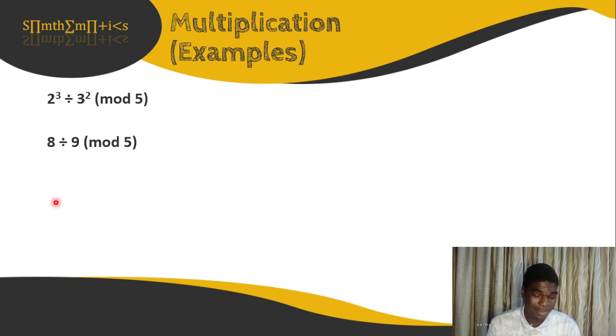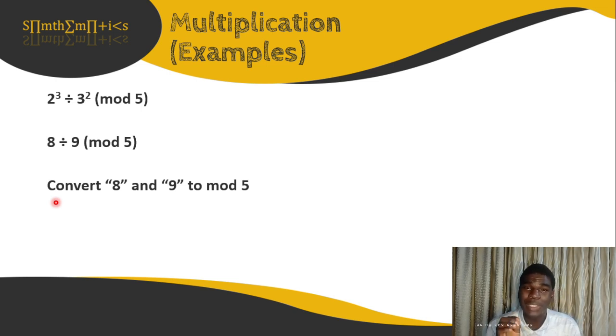Let's follow the lesson. The next thing you do, this is a very common mistake a lot of people make in their exams, especially those of you that are going to be writing GCE very soon, and that is that they don't convert it first to the modulus. So you see 8 and 9, they are greater than 5. And once you have a number greater than your modulus,